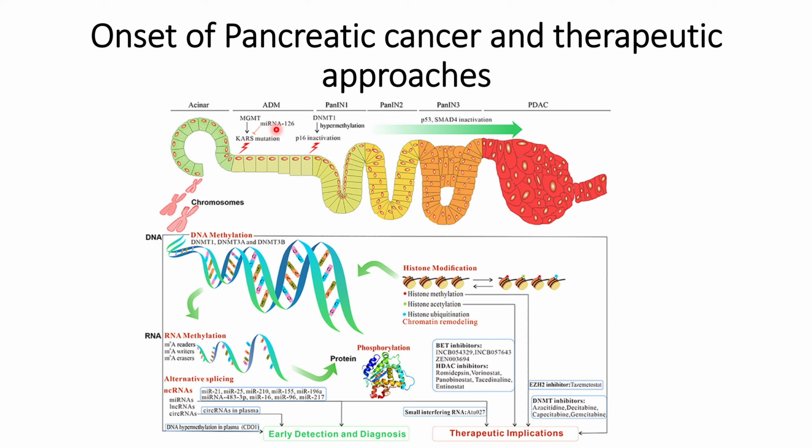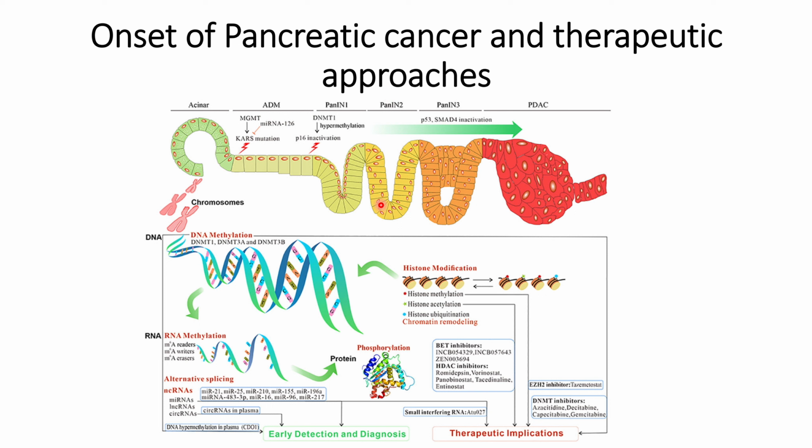So once the pancreatic cancer's KRAS mutation begins in these acinar cells, this ADM transition occurs, that is acinar to ductal metaplasia, and after that further changes occur, such as this P16 inactivation, and the cells will undergo this PanIN 1 stage. With time, a further mutation occurs that leads this pancreatic cancer to go into this PanIN 2